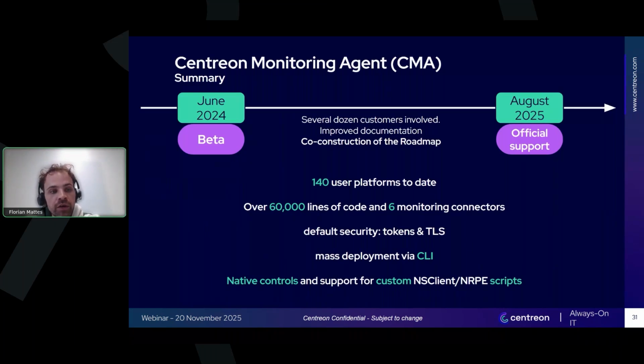Centreon Monitoring Agent is a long story. We started the beta in June last year. The beta lasted more than one year, ended in August of this year, and was the most followed and active beta in Centreon history. So thank you for that if you have been involved in the beta phases, because these phases